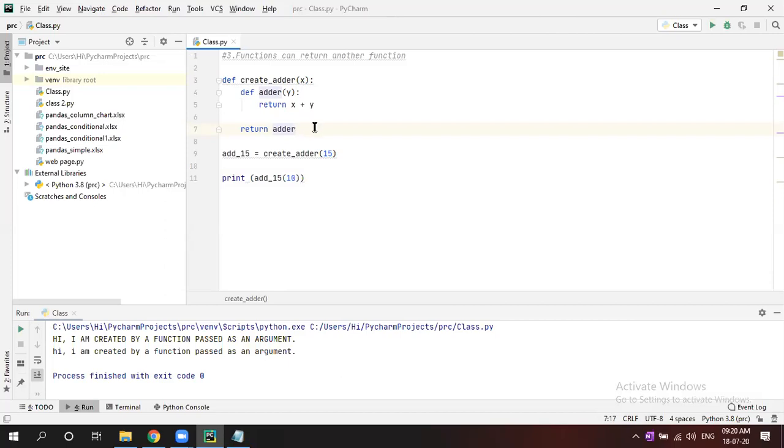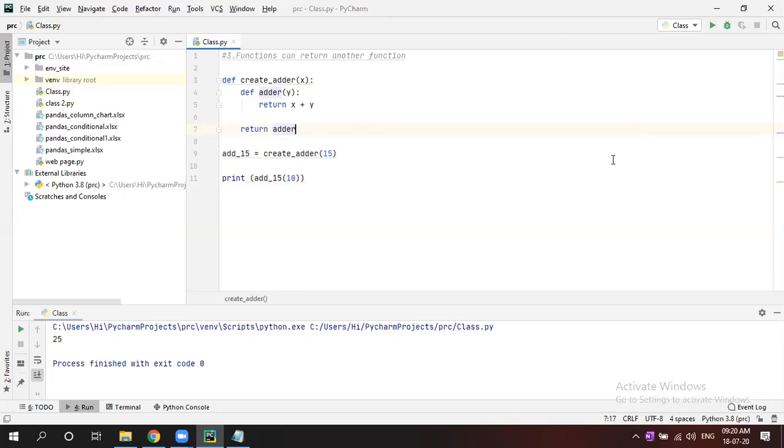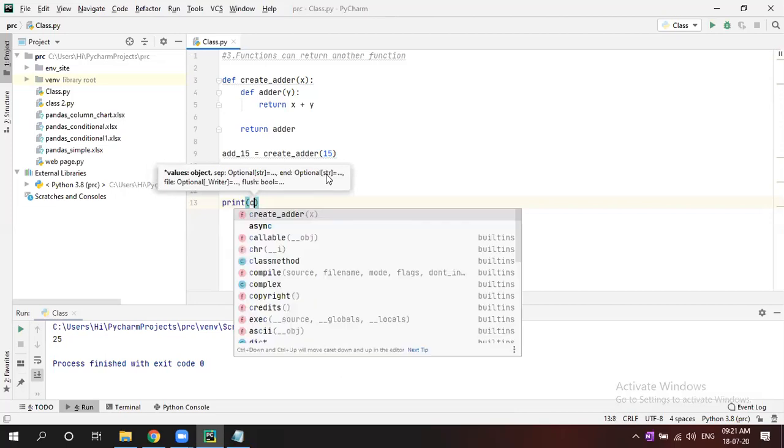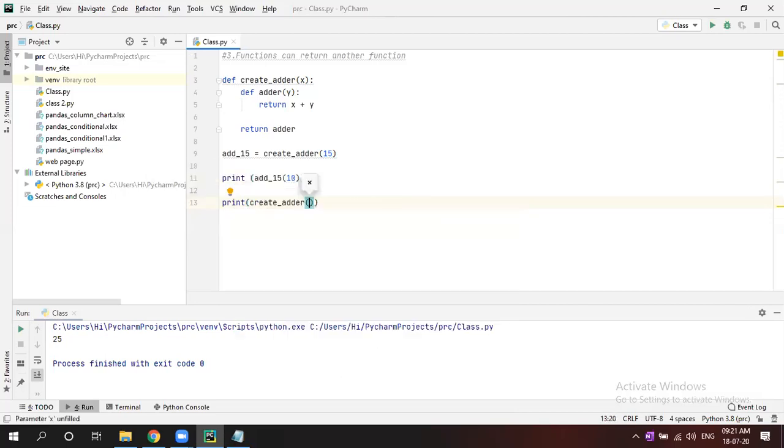Now if you run it, what is happening? Just do one thing, enter in the last, print within bracket create adder, 10, 5.